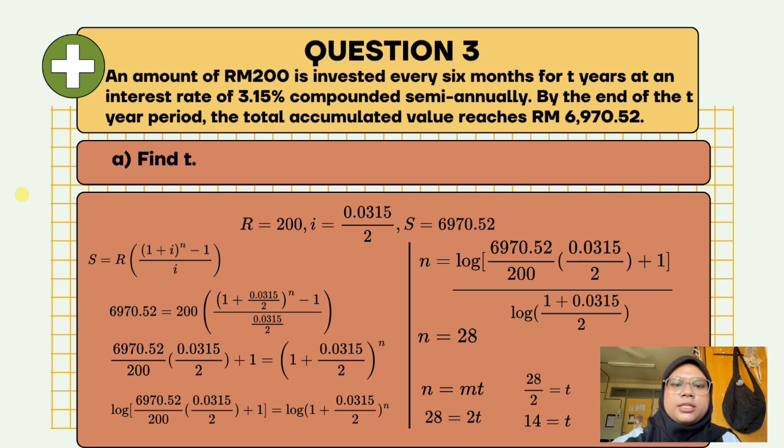So we isolate n using logarithm. After calculating, we get n equals 28 periods. Since there are 2 periods in a year, we divide 28 by 2 and get t, which is 14 years. So it will take 14 years of investing 200 ringgit every 6 months at this interest rate to reach